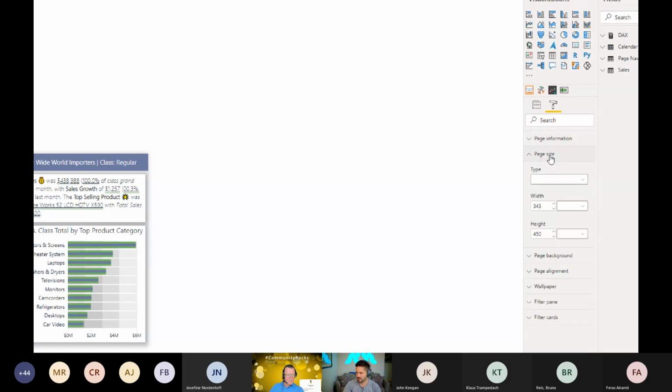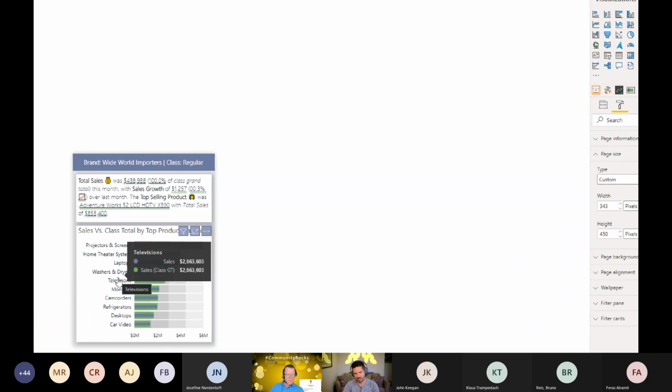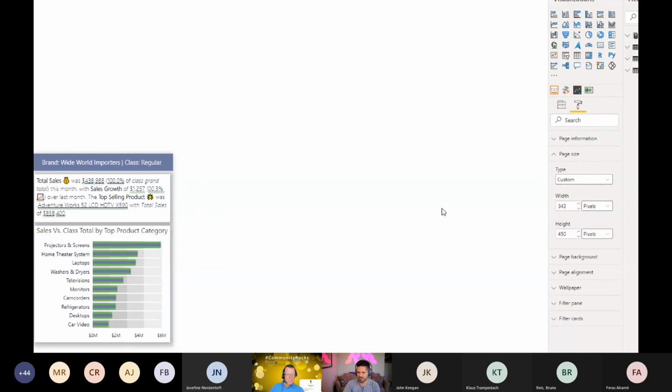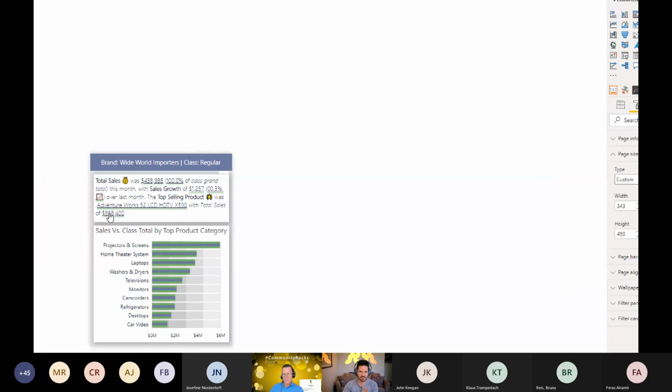Otherwise, the only other thing you need to configure is you just need to determine your page size. By default, the tooltip is 320 by 240 pixels, so it's a nice little like 4x3 square. In this case, I went custom because I needed it to be a bit taller to fit a few more things. But what it does is you want the tooltip page to be small because it renders 1-for-1. So if you were to have, as an example, a 1280 by 720 tooltip, most of your page is going to immediately disappear behind it when you try to hover over it. So you want something small and card-like on that page. But let's walk through each of these pieces that are here at the top.